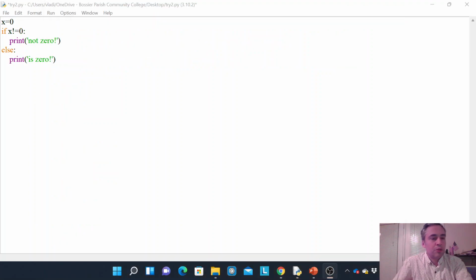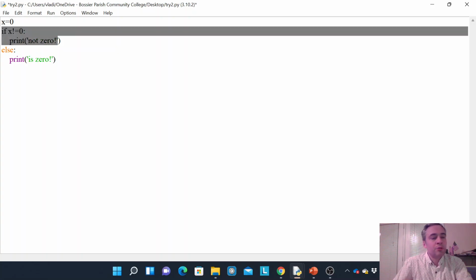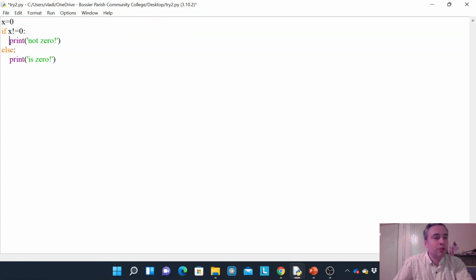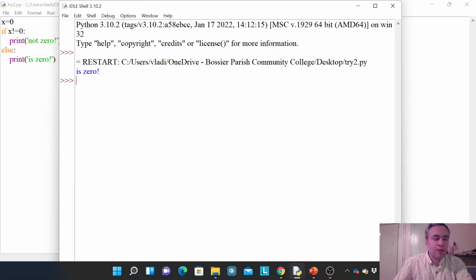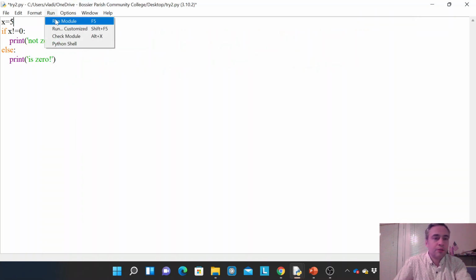Now let's look at this little cute program about an if-else statement. x equals 0, I just decided that, originally defining the x value. Now, if x is not equal to 0, notice the colon and the print statement is indented. Print not 0, else colon print is 0. Whenever you have a colon in Python, you know you need to do the indentation, and there should be some indented statement after it. We can run it, of course, and it will work as you expect. So it prints is 0. And if my x was 5, and I run it again,